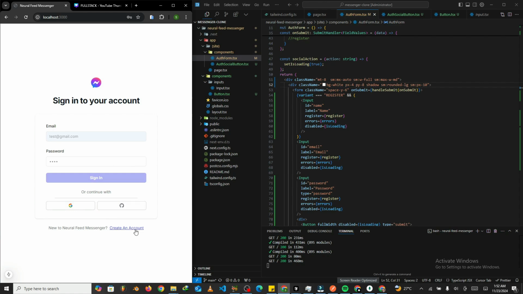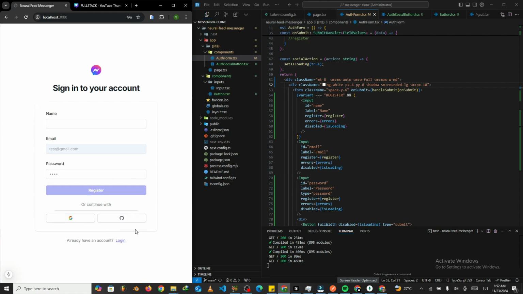This is a really nice authentication form that we've been able to work with, and definitely in the next one we'll move on to much more interesting parts. So hopefully I'll see you